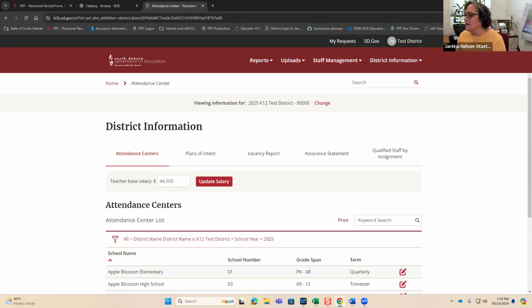Do not include the increases in base salary for the units beyond the bachelor's degree or any years of service increments.